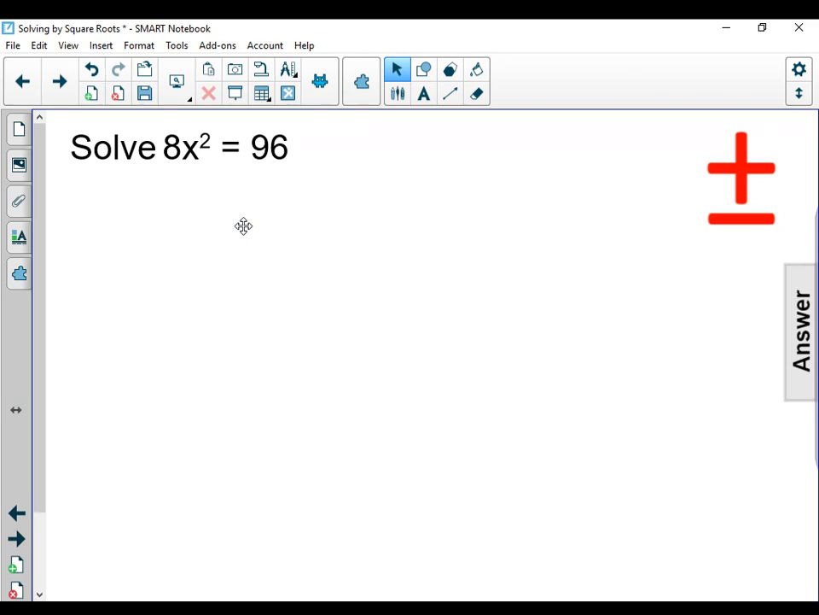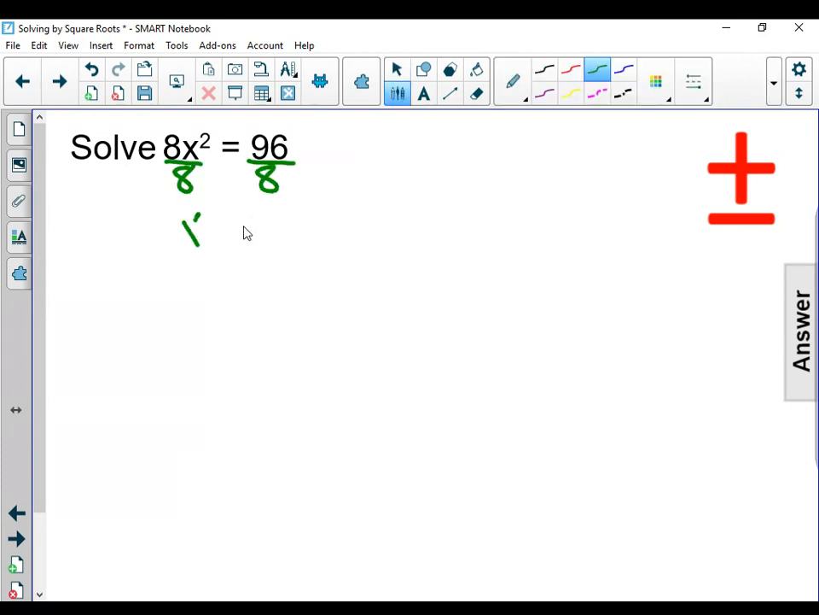Okay, so I get rid of my 8. $96 divided by 8 gets me 12. If you need to go old school math, especially if you're not given a calculator,